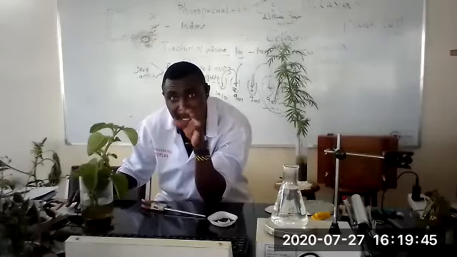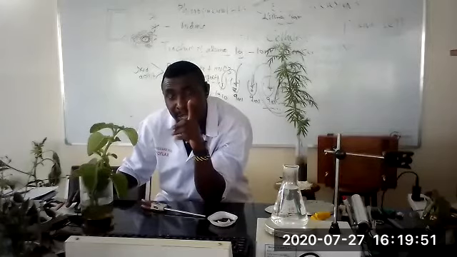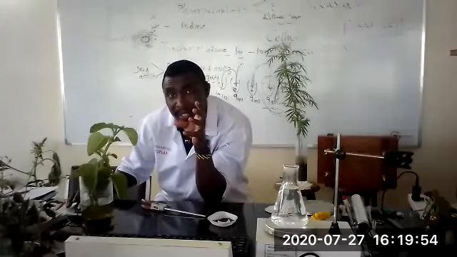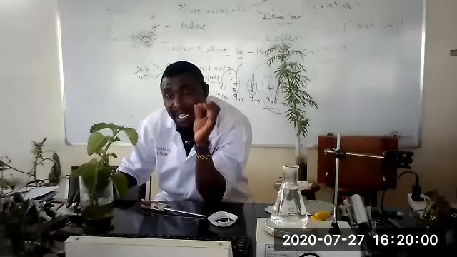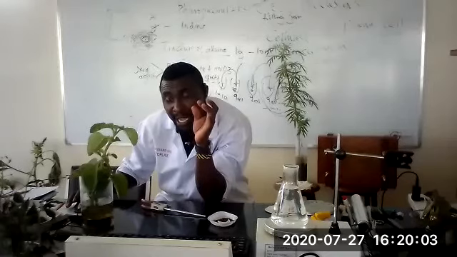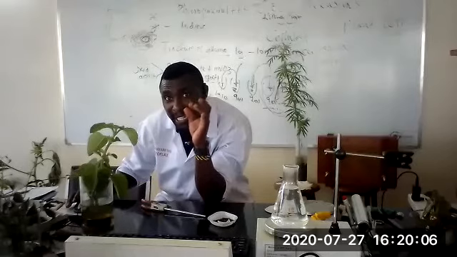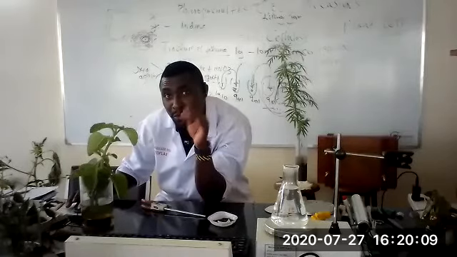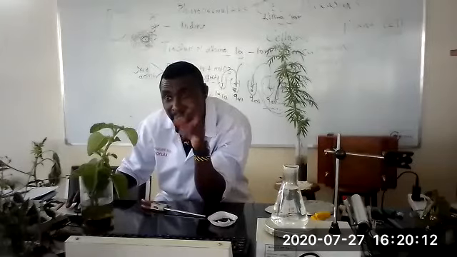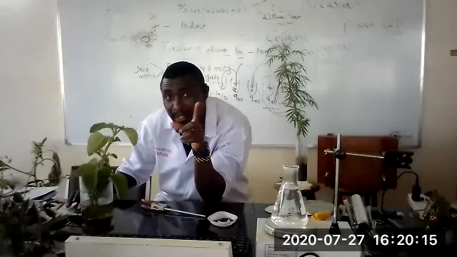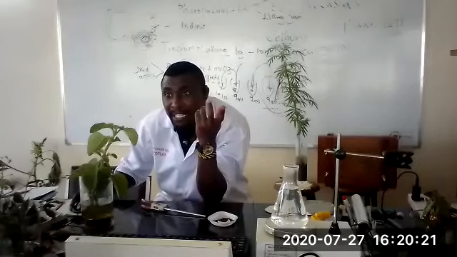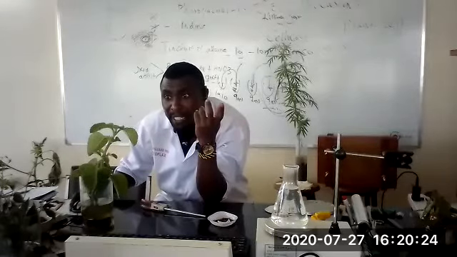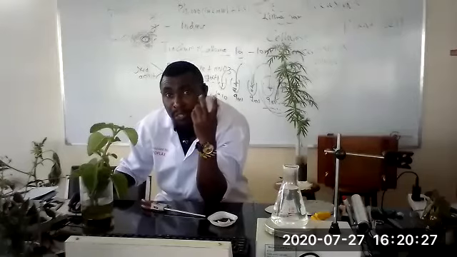So the first one I'm going to carry out with you guys is with the tea bag, and another one which we are going to filter is using acacia bark, from the acacia tree, Acacia nilotica. So I have got dry bark of Acacia nilotica, which we are also going to use for that method of extraction, the infusion method. So let's carry out this process, guys, and let's find out what is taking place.